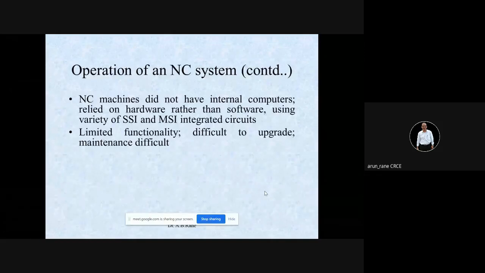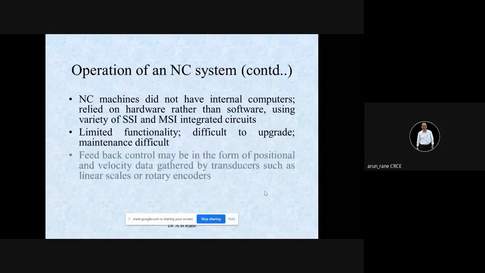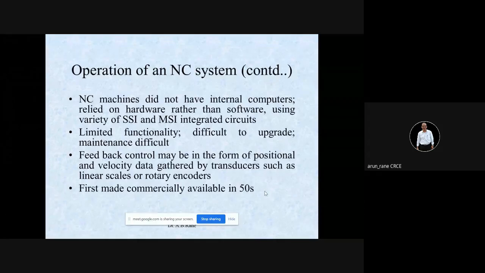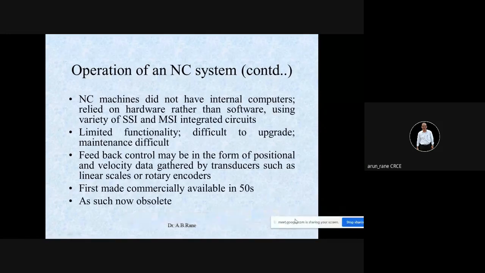NC has limited functionality. It is difficult to upgrade also because everything is hardwired. Hardwired means everything is fixed. Even the maintenance is difficult. Generally, NC machines don't have feedback, so most NCs are open loop, whereas CNCs are closed loop control.